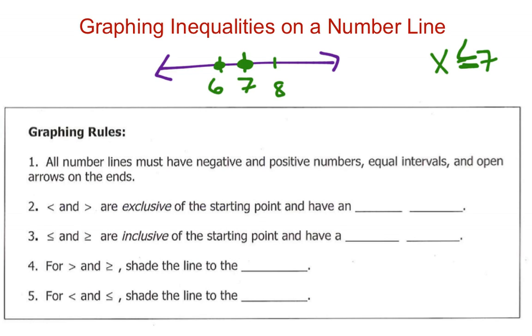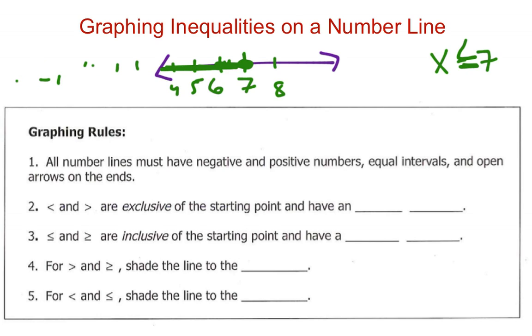We could have this 6. We could include 7 because it says x is less than or equal to. We could include 6. We could include 5. We could include 4. We would want to have lots of options, but not just those. Maybe 6.5 between these numbers or 6.25 between those. We want to make sure we cover every digit between 6 and 7, and between 6 and 5, and between 5 and 4. And we want to show that this is going to keep going all the way into our negatives. We could get down to -1, -2, and those are still going to be included because they're all smaller than